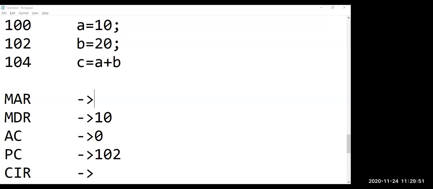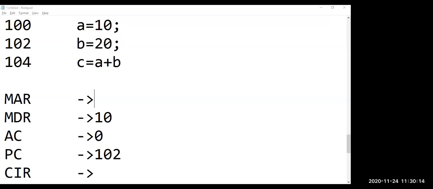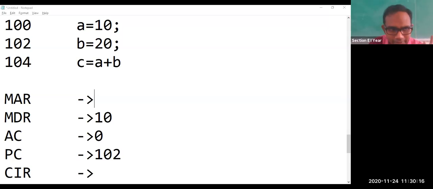Then we are having the system bus. A bus is a wire which connects different components on a motherboard. So we are having three types of bus. Please don't raise hand, just type in the chat box. I can see your chat box live. Now, address bus means it carries only addresses. Data bus carries only the data part. And control bus sends the signals which are going to control address as well as data.